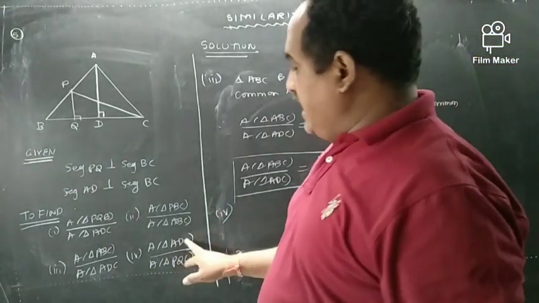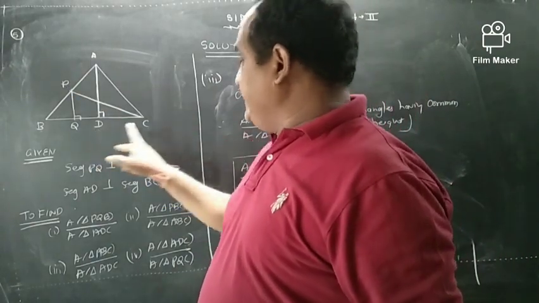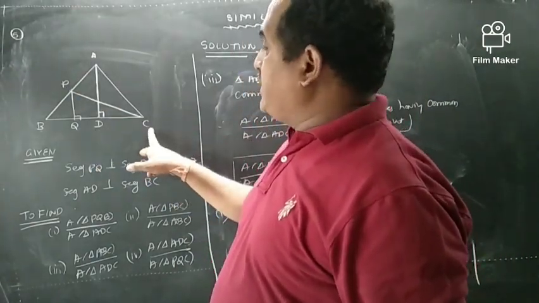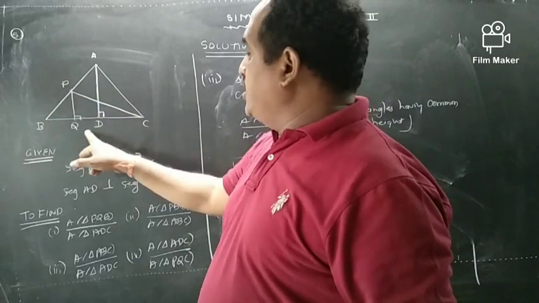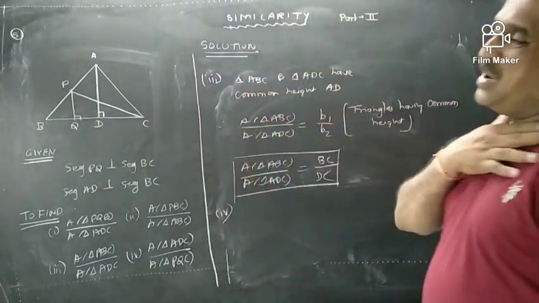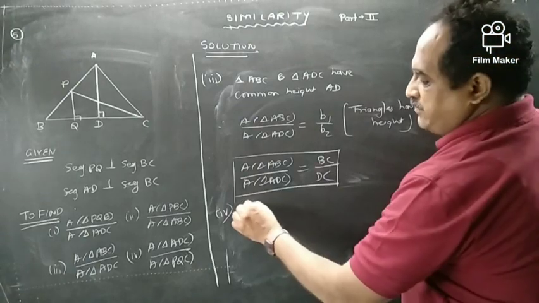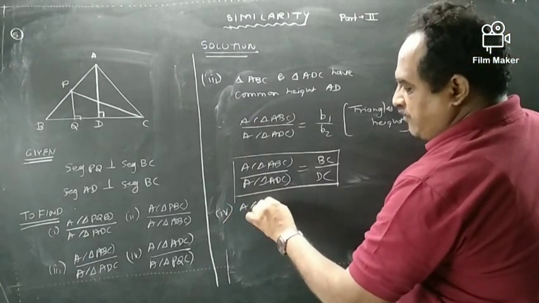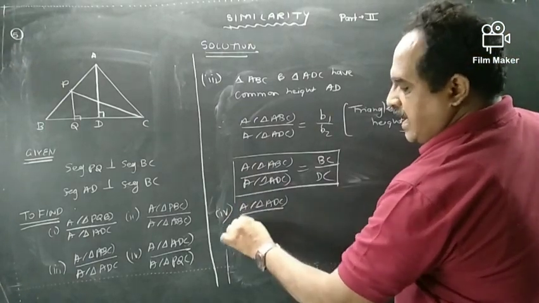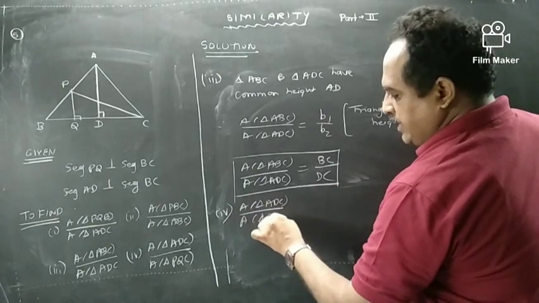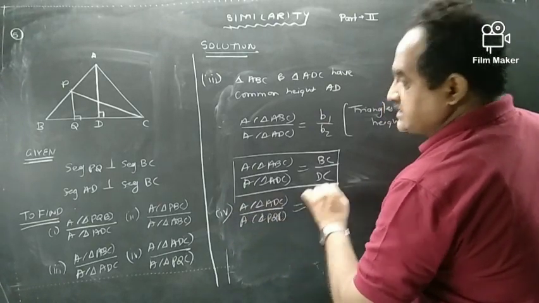ADC and PQC. Nothing is common in this. So again, we have to mention it properly. Area of triangle ADC upon area of triangle PQC is equal to